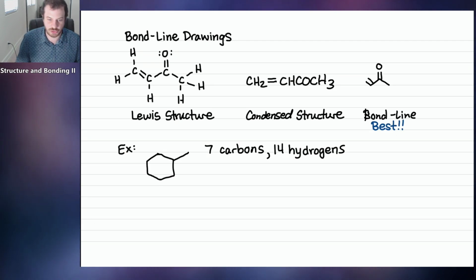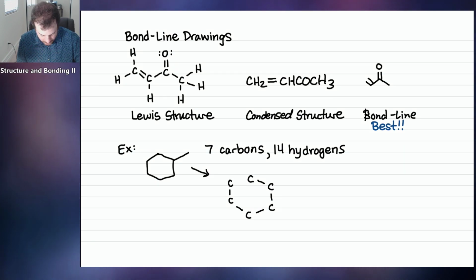And now we can draw this out into a Lewis structure form just to see what it looks like. So we have carbons in a hexagon. Then we have another carbon coming out of the hexagon. And now we just need to add hydrogens so that each carbon makes 4 bonds. So add hydrogens as needed so that each carbon makes 4 bonds. So we'll add 2 hydrogens here, 2 hydrogens here, 2 hydrogens here.